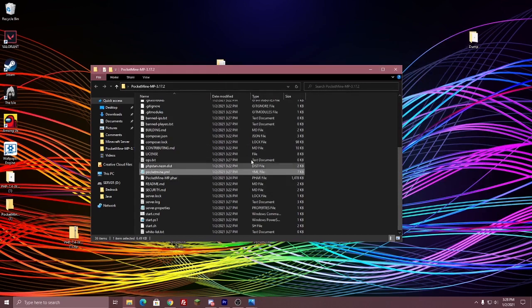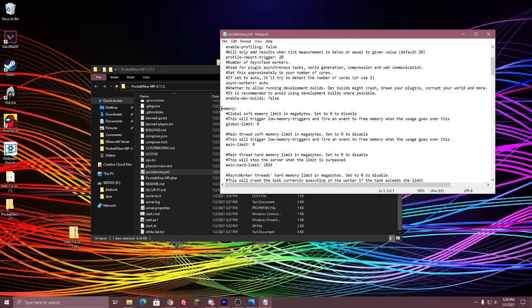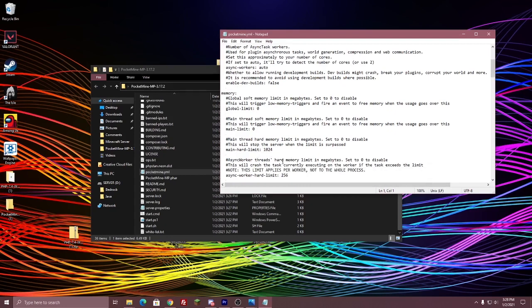So to change your RAM, all you need to do is go over here to PocketMine.yml. Once you open that up, you should see right here, memory. This is going to be the minimum and maximum amount of RAM that your server can handle. Now the value you want to edit is right here where it says main hard limit, it's set to